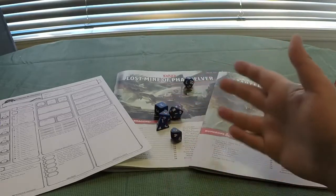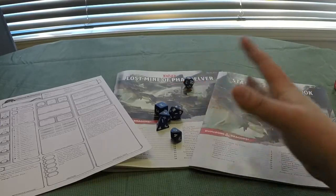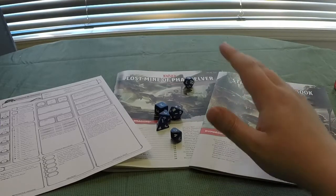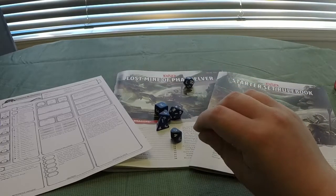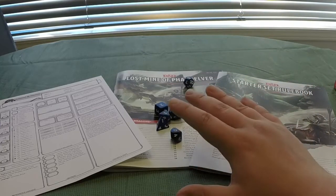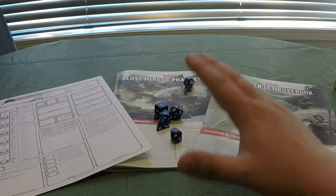But there's a whole world to explore if you get into this online, and there are so many helpful people, so many resources online. I would say if you have an inkling to want to give this a shot, hopefully you can find a couple people that you know. I'm glad I got to do this with people that I knew. I don't know if I would have done it with strangers at a game store, for instance. But